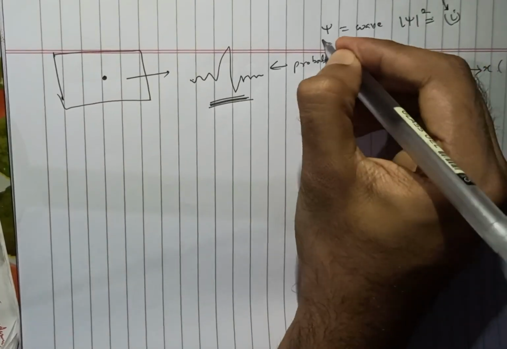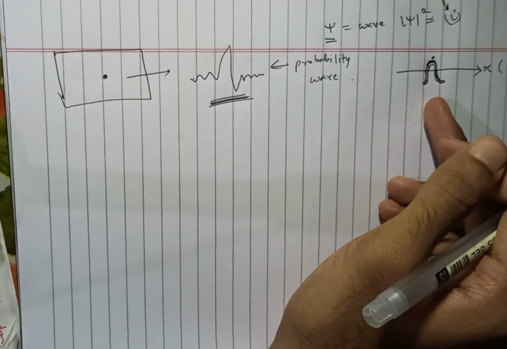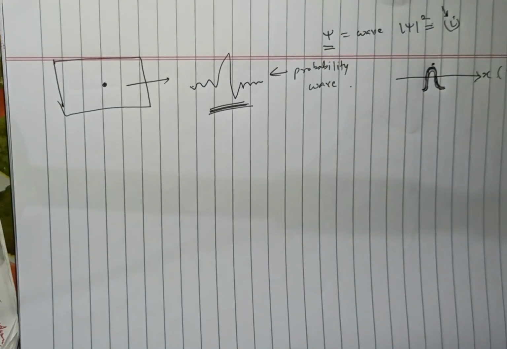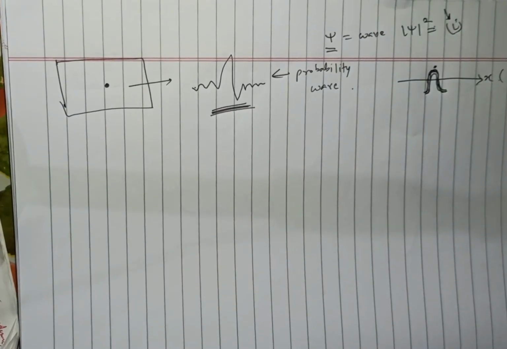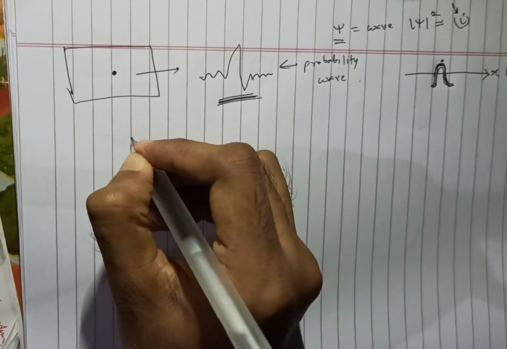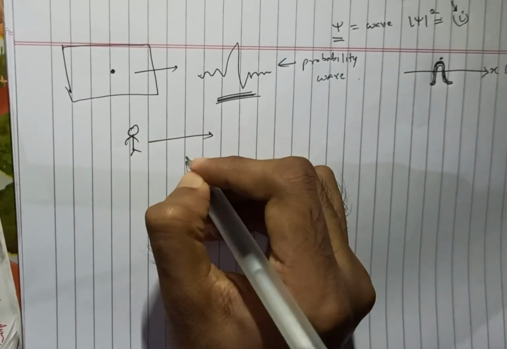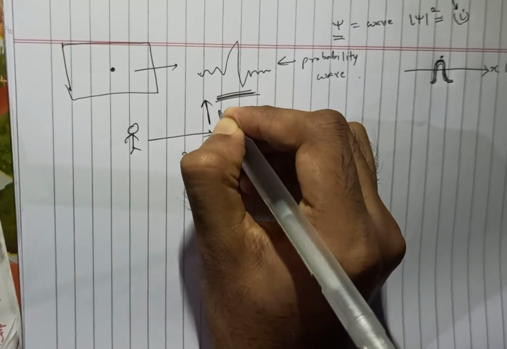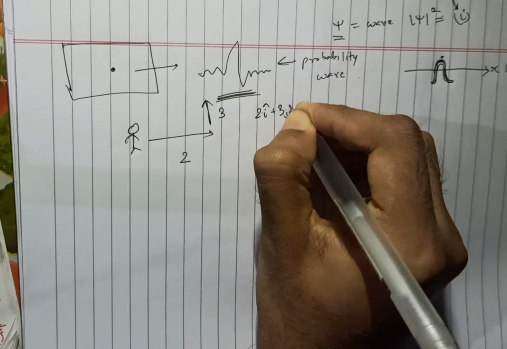Now this psi wave represents a physical particle obviously, but when we are performing calculations, psi is basically treated as a kind of vector. Now what are vectors? Let us say that this is a person, and that person moves along the x-axis by 2 units and the y-axis by 3 units. Then we say that the vector of the person will be 2i cap plus 3j cap.